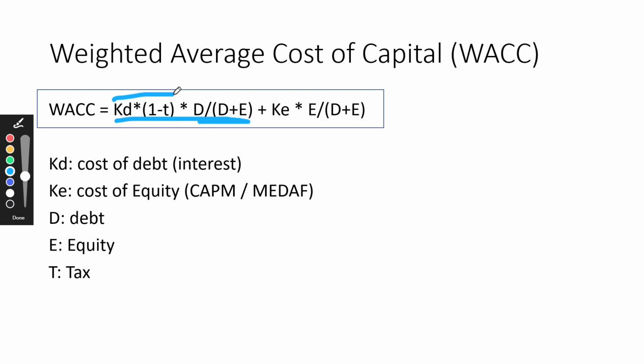it's basically the interest on a loan that we might have after we deduct the tax. So it's net of tax. And this would be multiplied by our ratio of debt out of debt plus equity, to which we add the cost of equity, also called the capital asset pricing model,